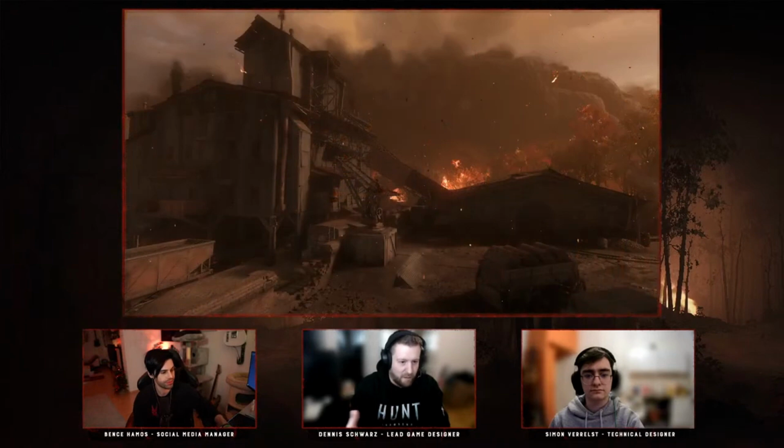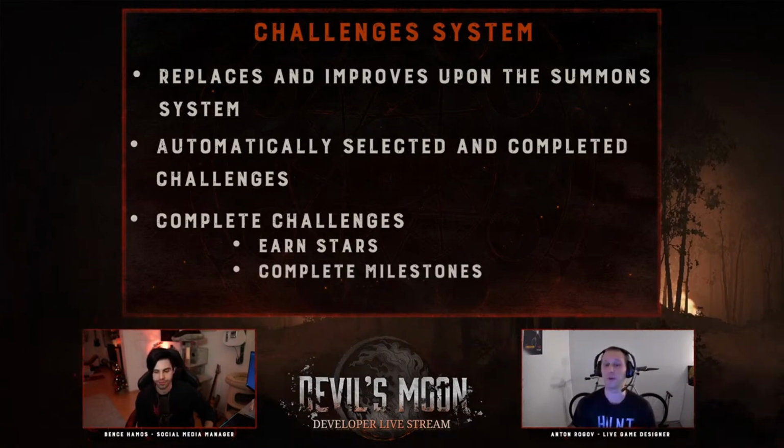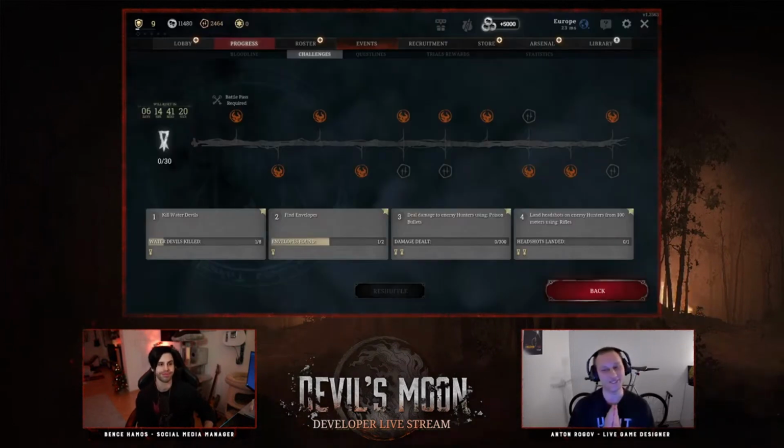They did show some images about this, and we will just have to wait to see more of it in game whenever that happens. On to the event progression. There are two ways to do it: the usual event point type way, and then also a new challenge system, which is replacing summons. As you earn stars, you earn event points and blood bonds, which will help you progress